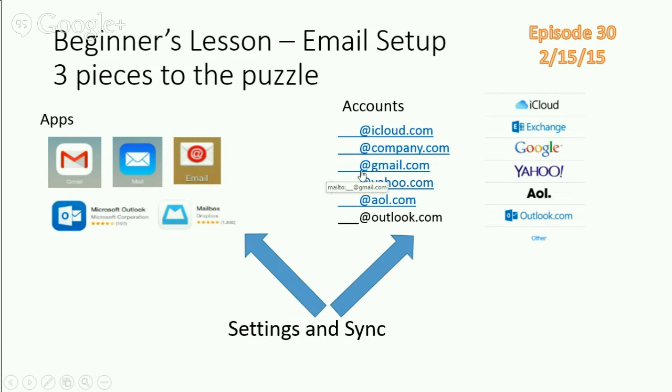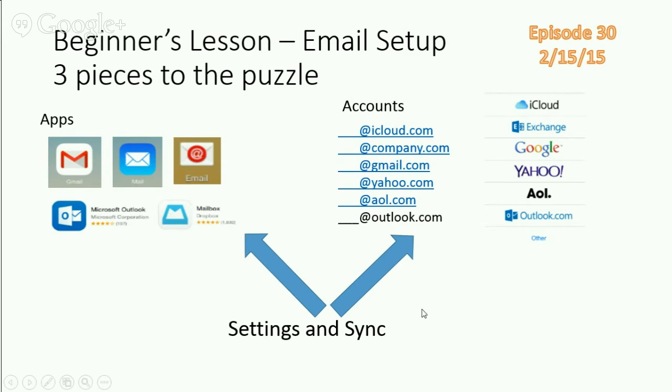You can set up your Gmail account to be seen in your Apple Mail app or the Verizon Mail app or the Microsoft Outlook or the Mailbox. And vice versa. If you like using the Gmail app, you can put your Outlook.com or your iCloud.com email and view it there. So pick one and stick with it